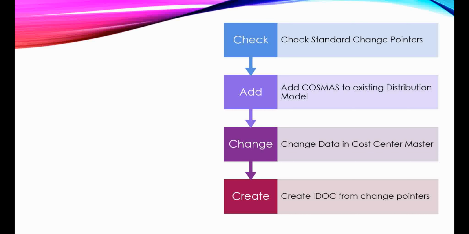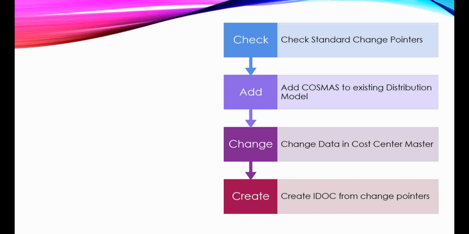Now we will see what are the steps required to create an outbound IDOC using change pointers. First one, we have to check the standard change pointers for that message type. In this scenario, the cost center master data message type. This process is the same for all master data. It may be cost center, it may be material, it may be something else.